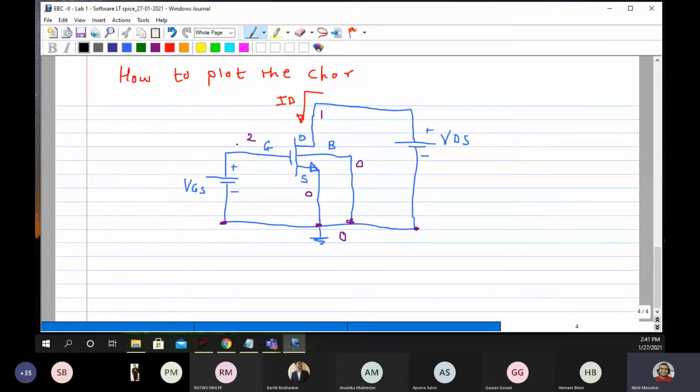So why are we doing this? Because we want to write SPICE code. In what will you write a SPICE code?